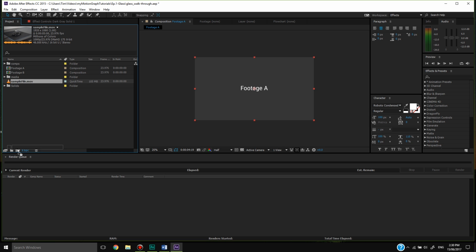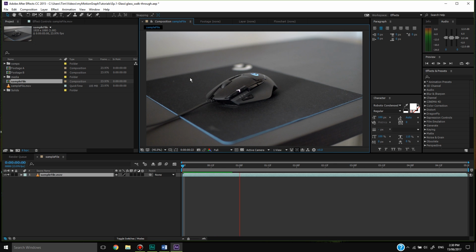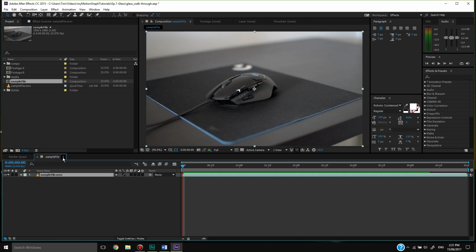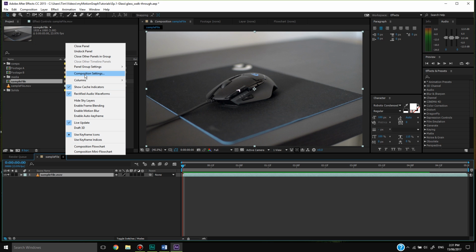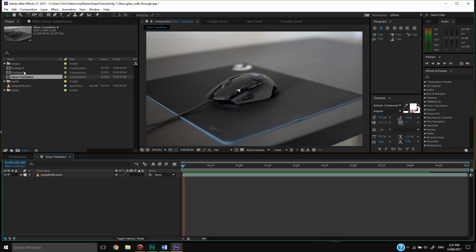So I'm going to drag this and make a new composition out of it. And this is around 5 seconds long, and all it is is a still shot of the mouse. You pretty much have the composition set up already. Make sure it's 5 seconds long. Ensure your frame rate's consistent and your resolution's as high as it can go. I'll just rename the composition to glass transition real quick,